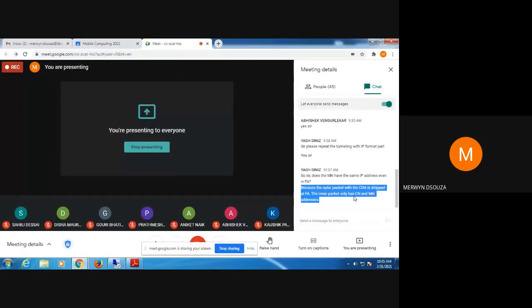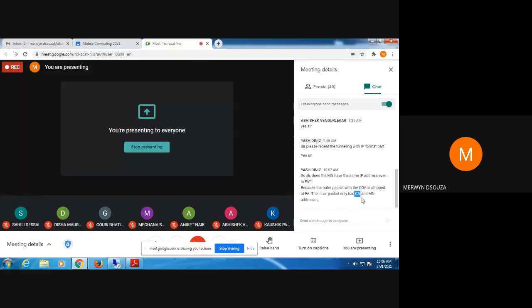The inner packet only contains the original address of the CN and the destination address as the address of the MN. So when the MN wants to reply, it takes the address of the CN and replies. Yes, the MN has the same IP address even in the FA.